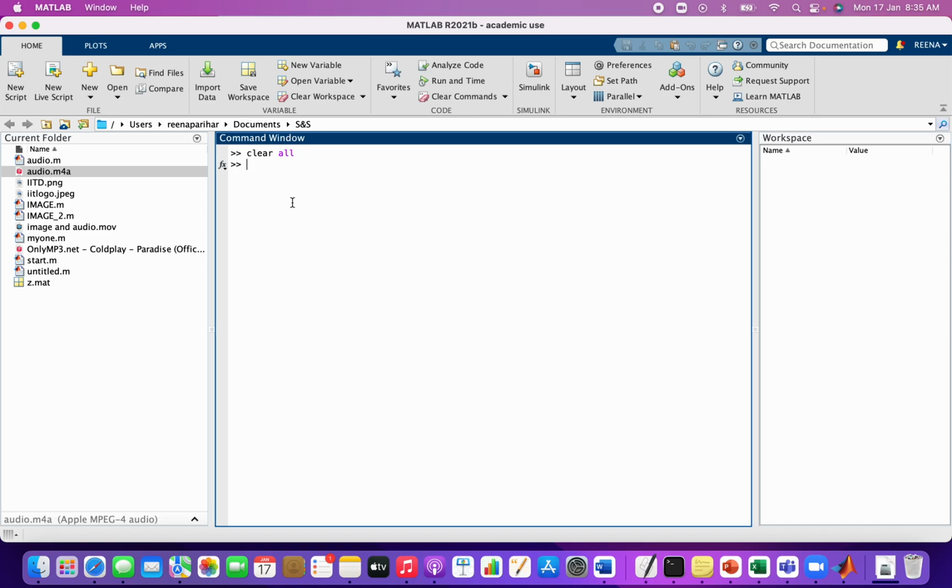Otherwise, if you work on some variable, it will also take the previous variable data, and sometimes you might get the wrong output. So you should clear all the windows when you're working in MATLAB.